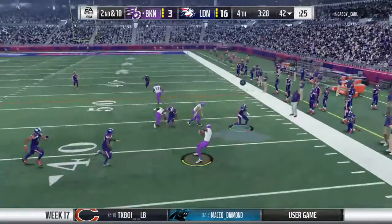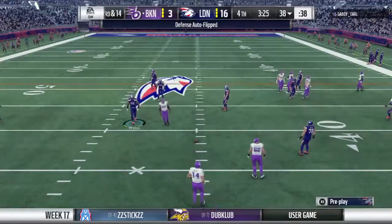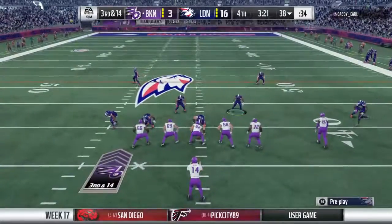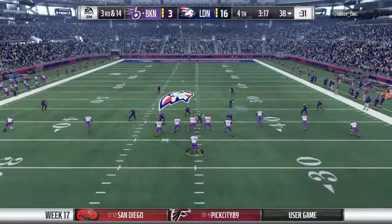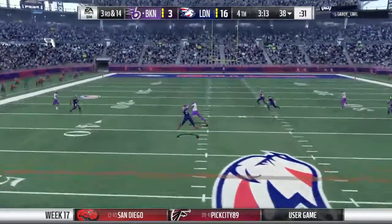Now he'll look to throw here on 2nd and 10. Quick hitch, complete. It's Douglas. It's a loss of 4. Now 3rd down. Well, I know it goes against the instincts of the person catching the ball because all you're ever taught is catch the football, don't drop it. But drop it there. Yeah, in that situation, dropping it would have been...